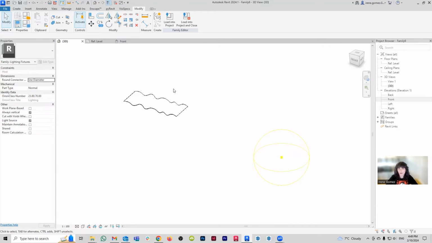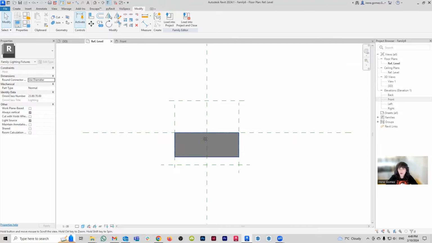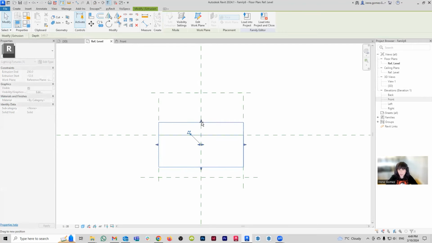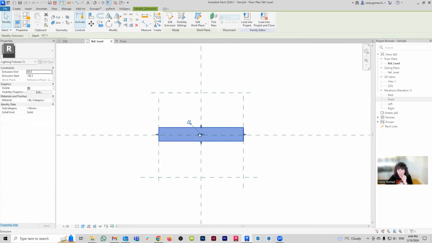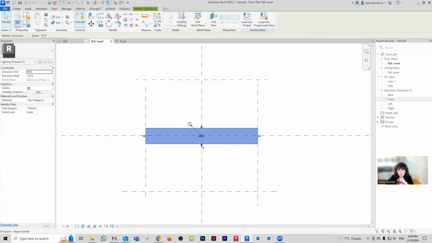So that's what my void is going to be for. So what I'm going to do, I'm going to go to my top view. And what I want to do is actually push this guy a little bit far back. And I'm just going to calculate how thick I want these petals to be. They don't look very thick. They look kind of skinny. So let's say it's going to be something like that.